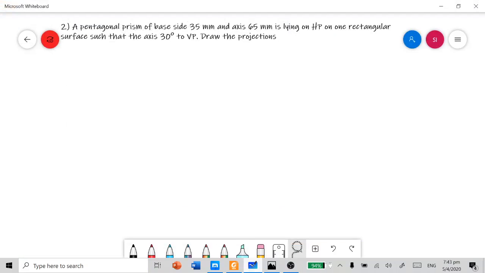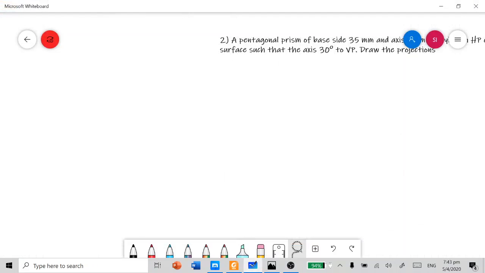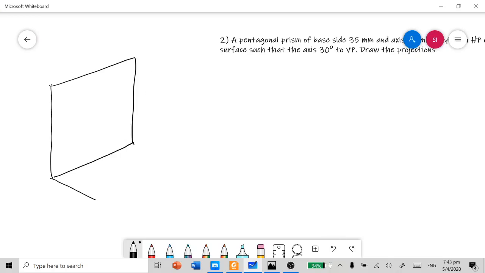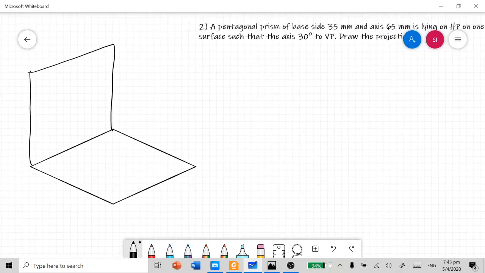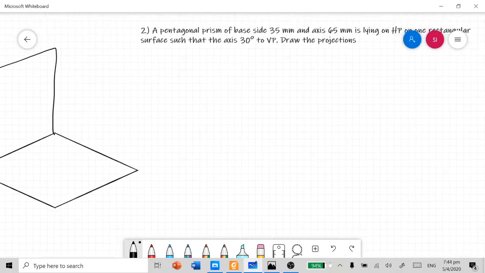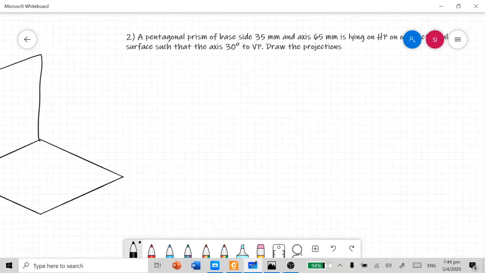Before getting to the problem, let's go for an overview of the solid's condition with respect to the HP and VP. The solid is a pentagonal prism and it is going to lie completely on HP on one rectangular surface.